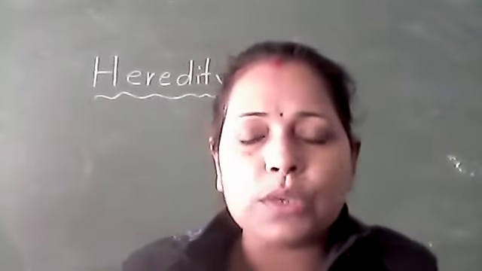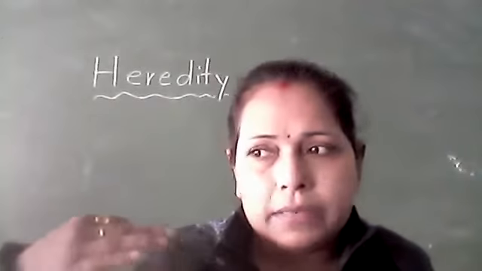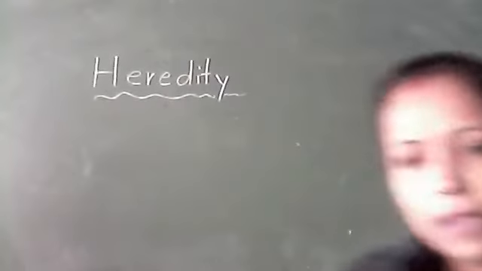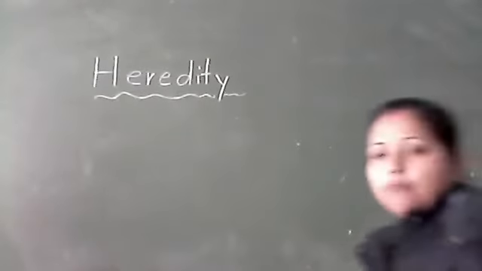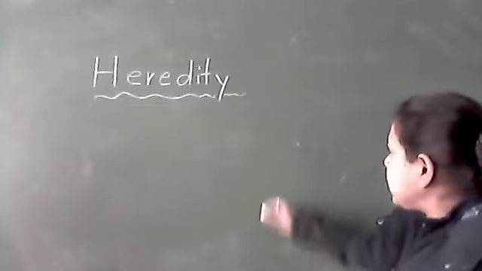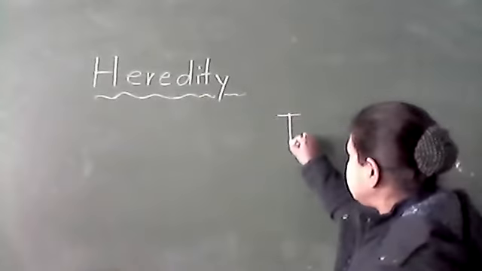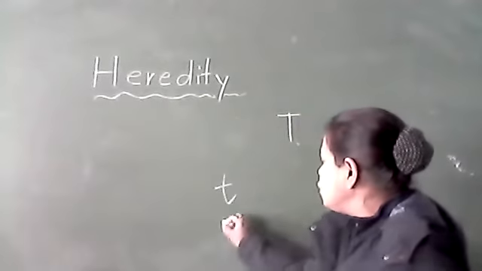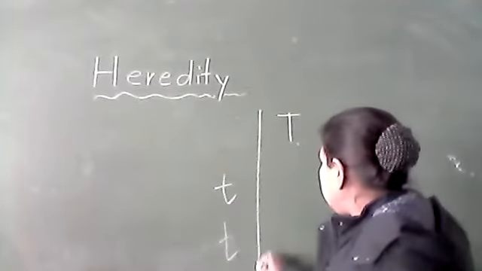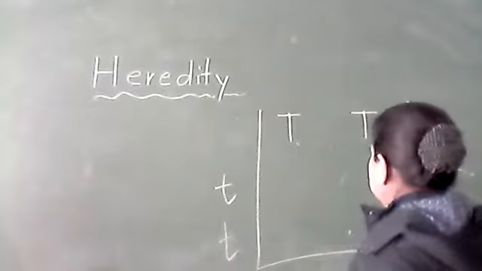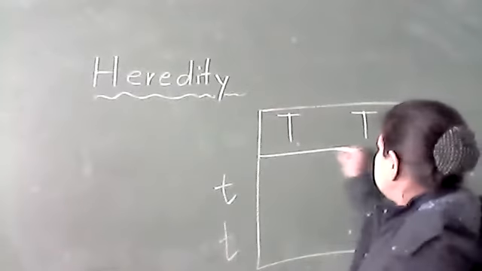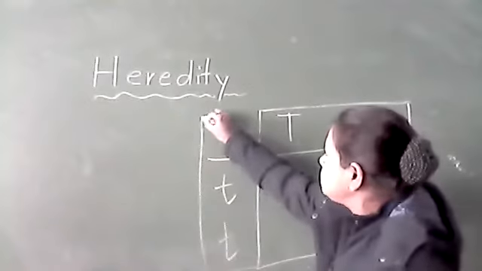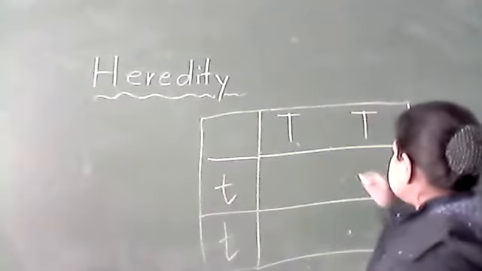See, it is a square which indicates what will be the probable number of offspring. Okay, it is the probability diagram, we can say, probability diagram. See, I am doing this one. Here we are taking tall. Okay, these are the tall plants and this one is the short plant. Now I am making the Punnett square. This one is our Punnett square. Okay, I think the board is visible to you all. Board visible hai? Yes, ma'am. Okay, see the Punnett square.